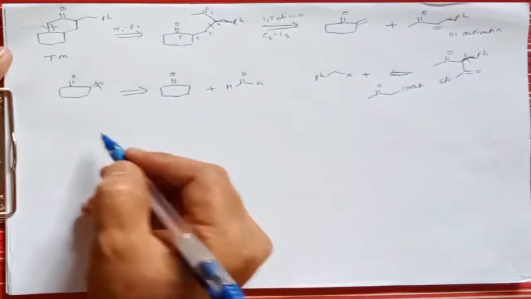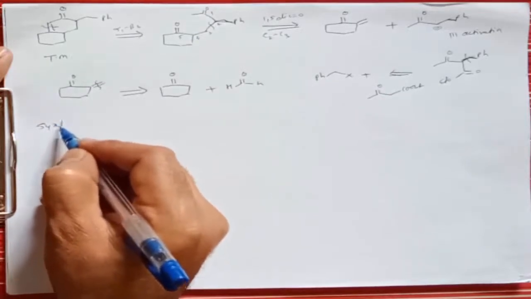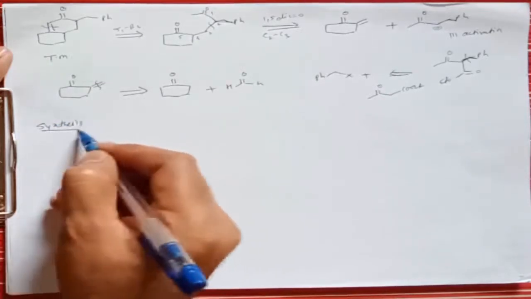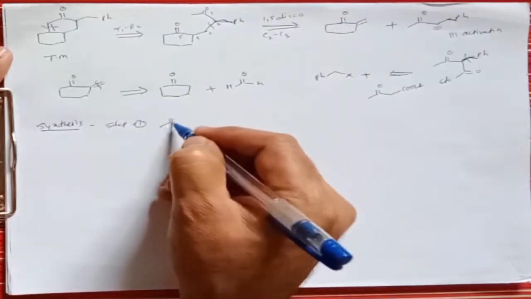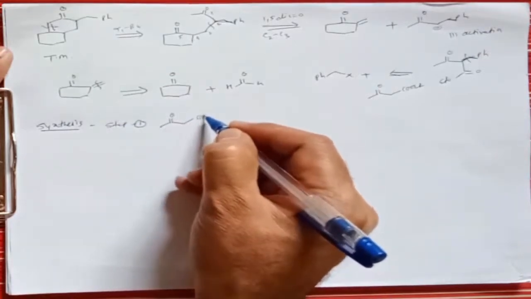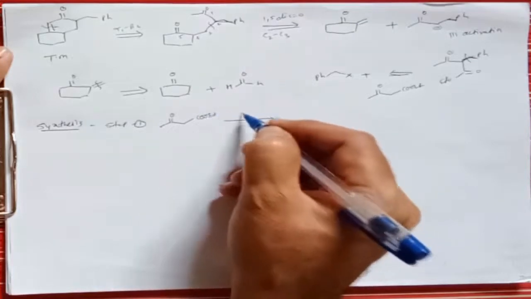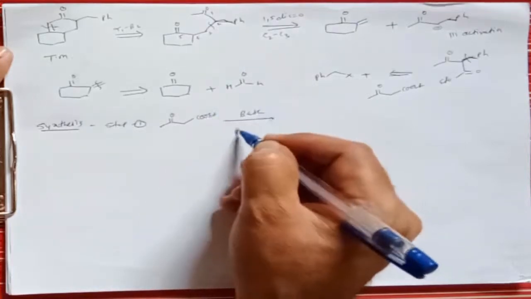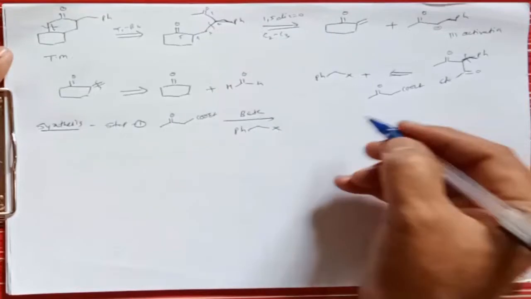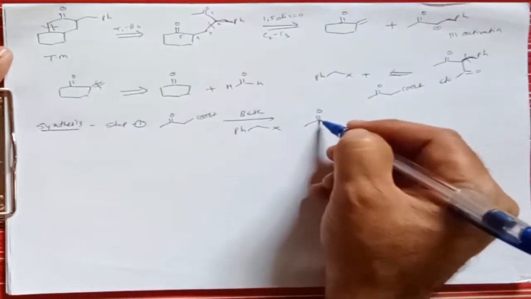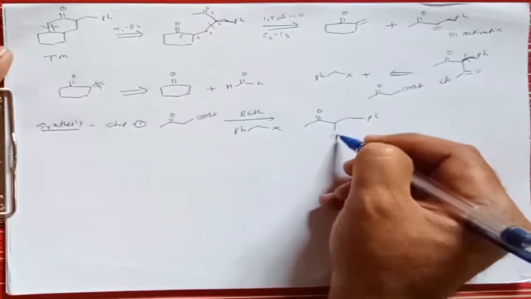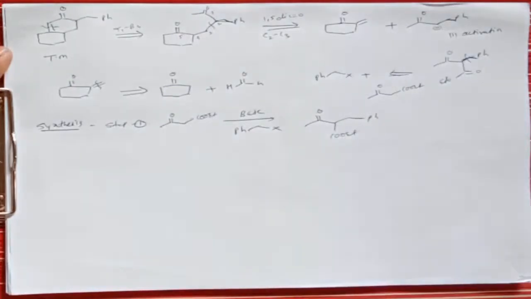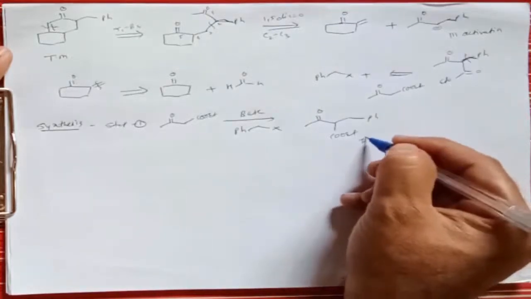So here if we go for the synthesis, in the synthesis, this is step 1. In step 1 we take this ethyl acetate, COOEt, plus we treat with this base as well as this PhCH2X. So it gives formation of CH3, then CH2CH2Ph, and here is a COOEt. So it gives formation of a compound, that is first. So this is the first compound.